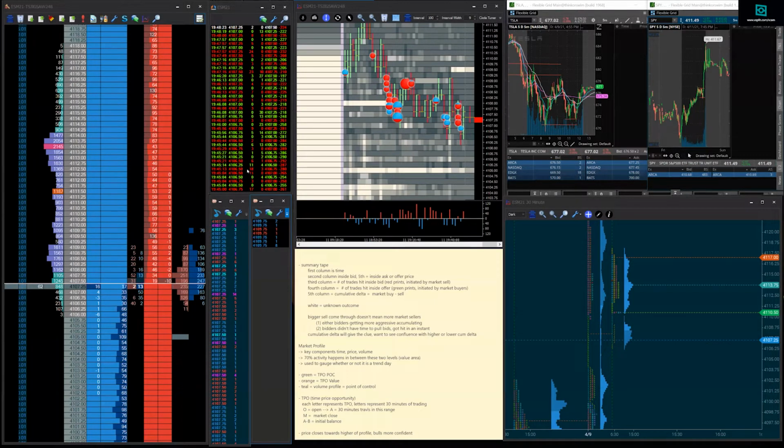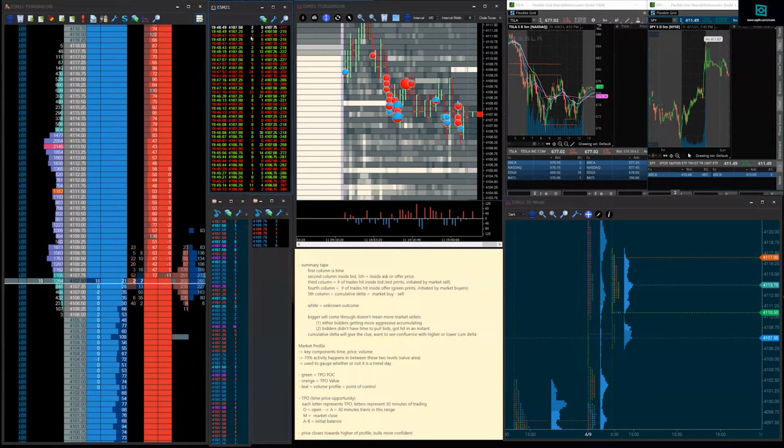We'll go into the summary tape here. So this column here is going to denote time. The second one is inside bid. And then this fifth one here is the inside ask. So this is going to be your spreads, your bid and ask, right? And then in between, the third column is going to be the number of trades that